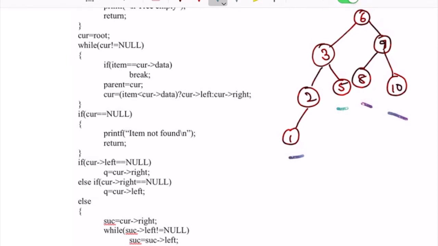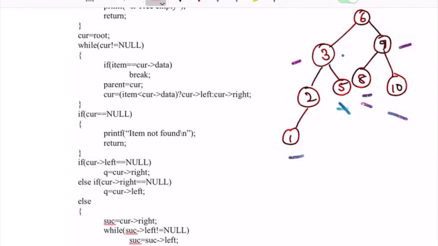You can directly delete it, except making the parent's child link null. If I delete 5, the right child link of 3 should be made null. If I delete 8, the left child link for the node 9 should be made null. This is pretty straightforward.